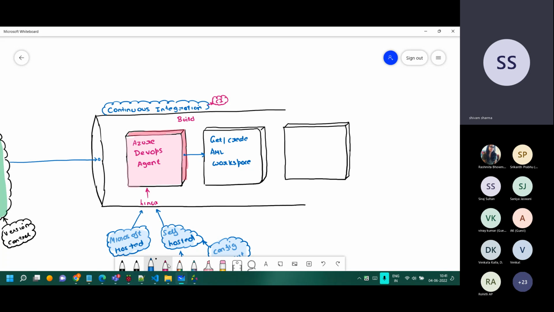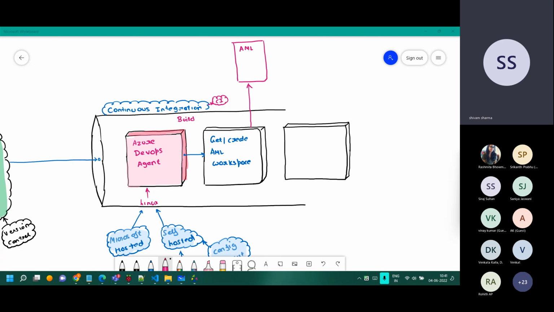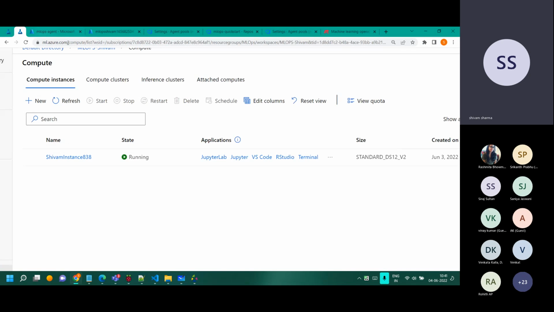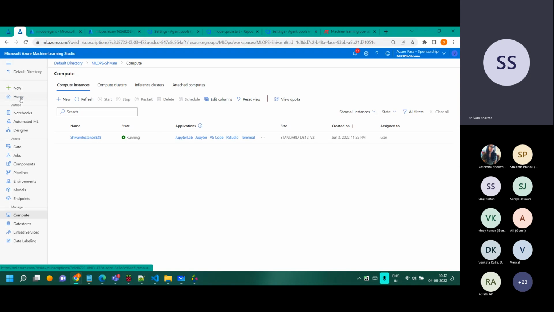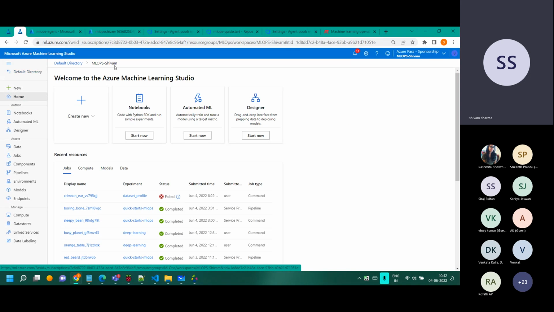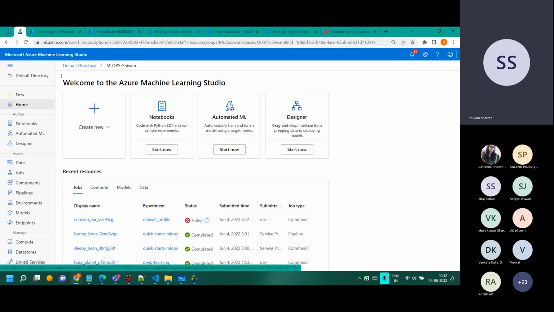Now, why do we do this? What do we do with it, and so on and so forth. This is the workspace where nearly everything happens in Azure. So if this box is representing that Azure Machine Learning Workspace, I can go back and show you in the portal where this is. That's the one which I was showing you first over here. This is the workspace. So everything happens over here, and we have to get it in the YAML file, or we have to get it in the configuration. That part I'll show you.